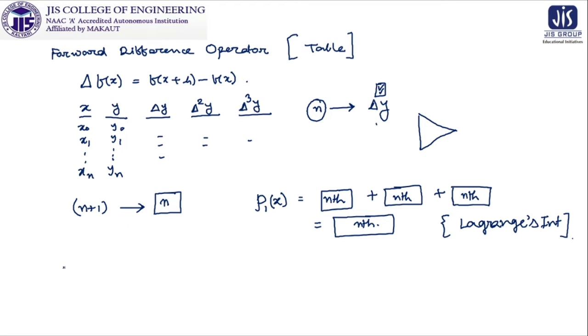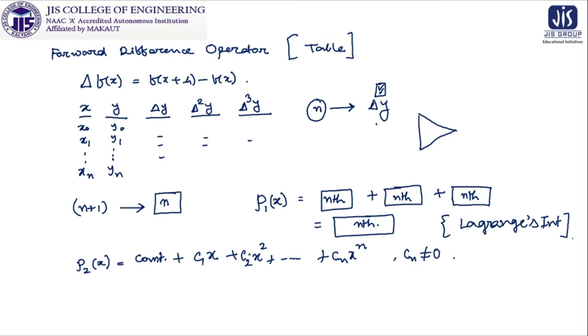But just for a little concept building, though we are restricted to applying only the working rules, proofs will be discussed if required in the class. So p2 of x, I am constructing another nth degree polynomial, which may be constructed as a constant plus another constant with x, then another constant with x square, plus dot dot dot, plus cn x to the power n, where obviously cn is not equal to 0.